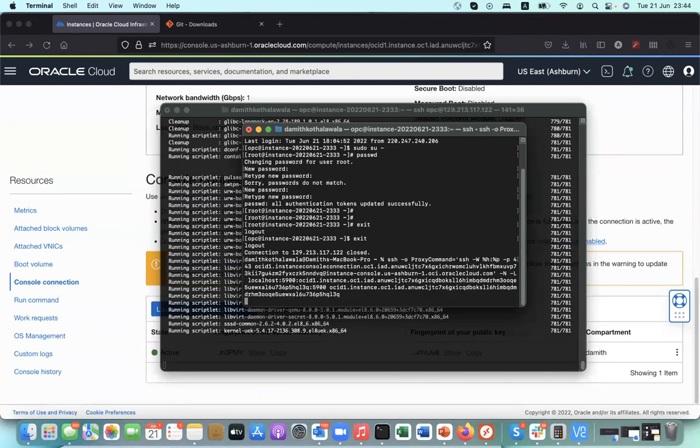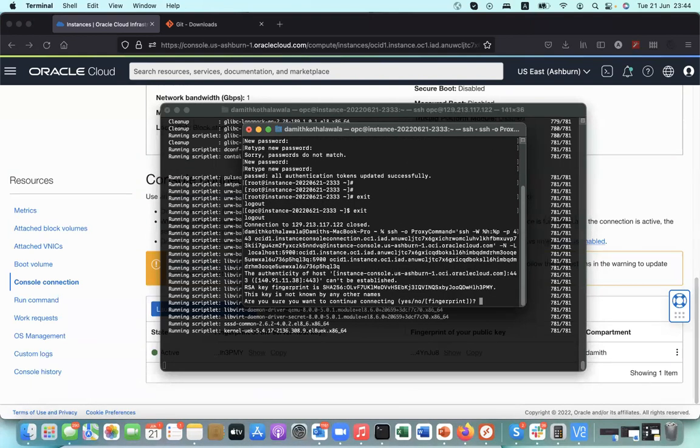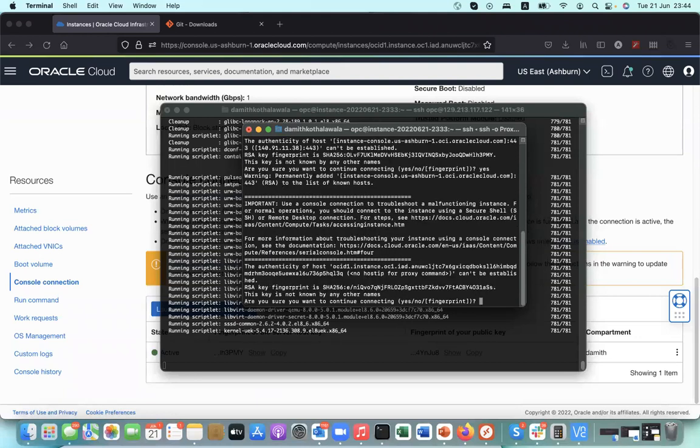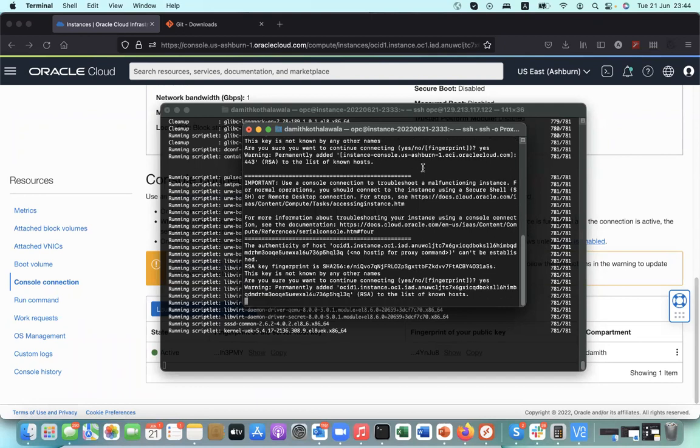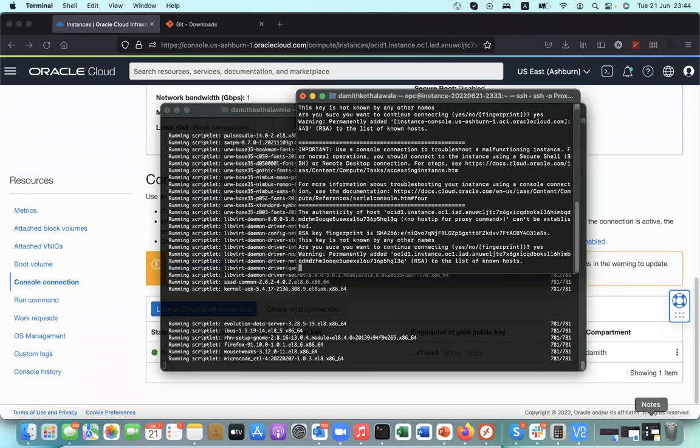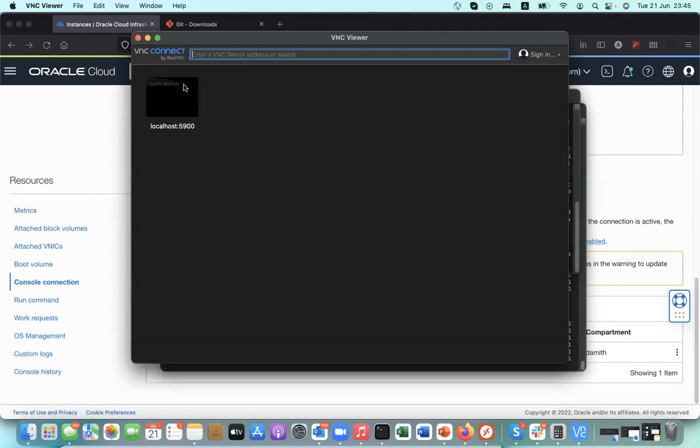I'm just pasting that command. The first time it will ask for your verification. Okay. Now you should be able to access your VNC